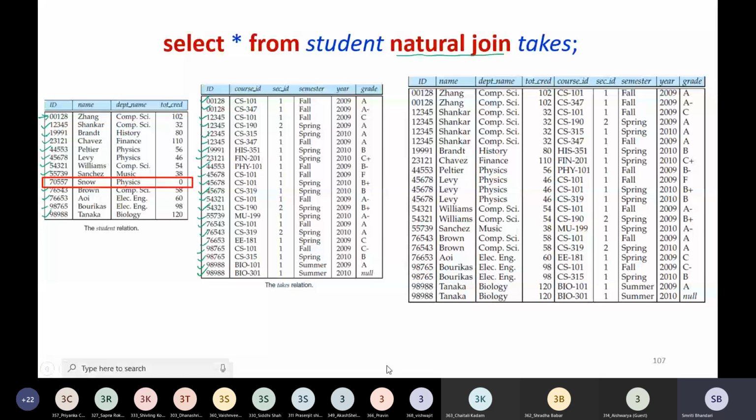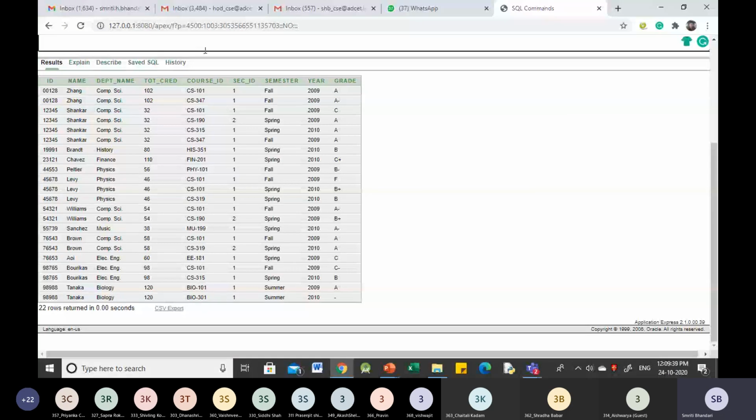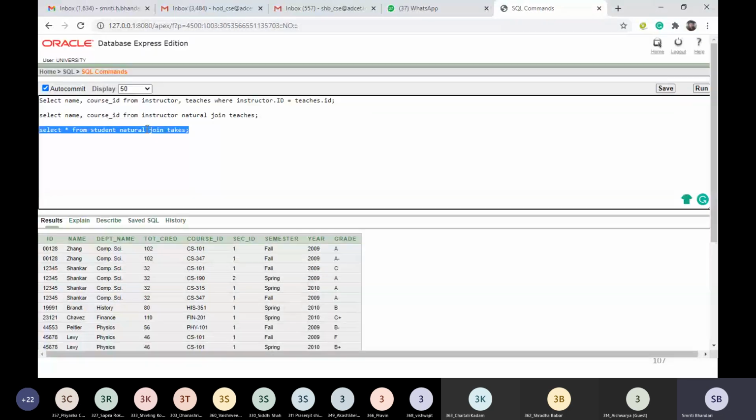This particular student will not appear in the result of natural join. So that particular student is not being included.